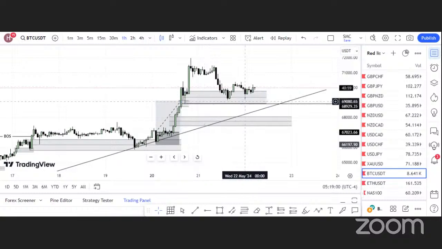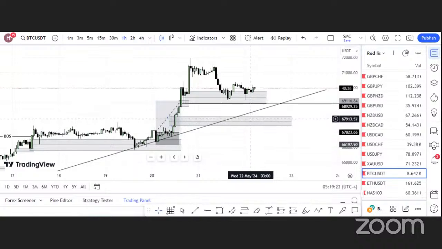So I think the market is going to come down. I think the market is going to move from this level. But if the market goes above this point, it's definitely going to either reverse from this trend line or come as far as tapping from this lower fair value gap.